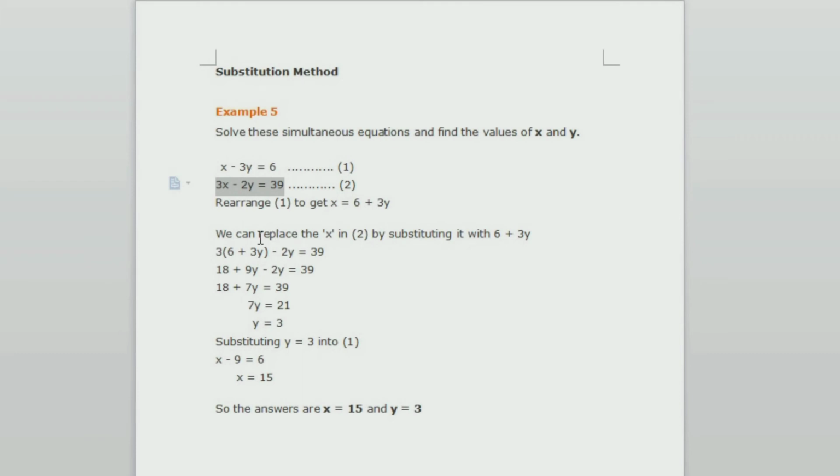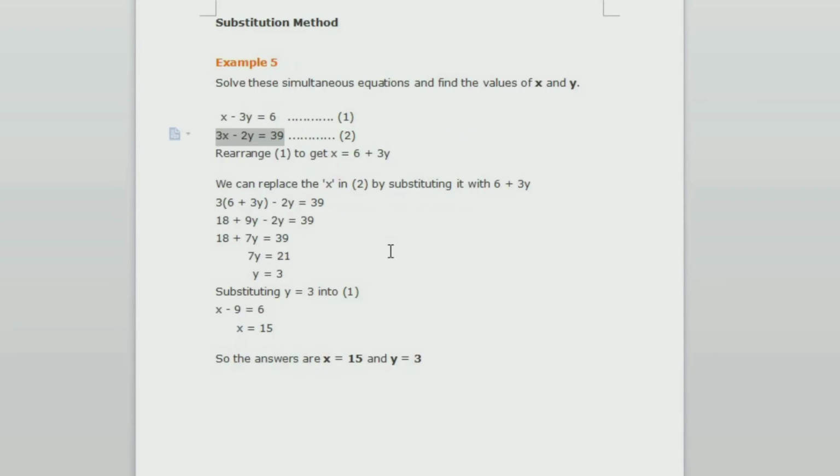And now we can replace the x in the second equation by substituting it with 6 plus 3y. And as you can see here, we substitute the whole thing into the second equation,